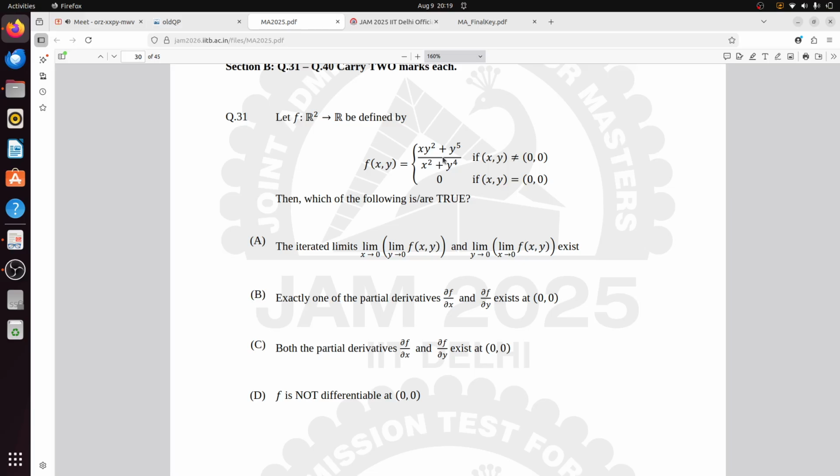Just see, sir, the question is that f is not differentiable at 0, 0. It is not asking whether it is differentiable, so that will be not differentiable. It is true. Yes, f is not differentiable. See, they have highlighted it. So f is not differentiable because in the denominator you will get terms like k power 4, which you cannot manage through the numerator.